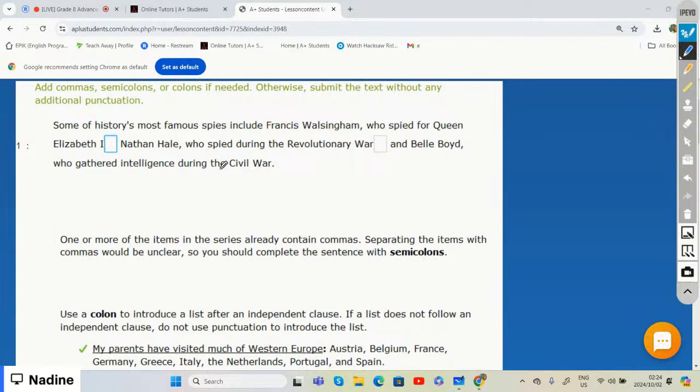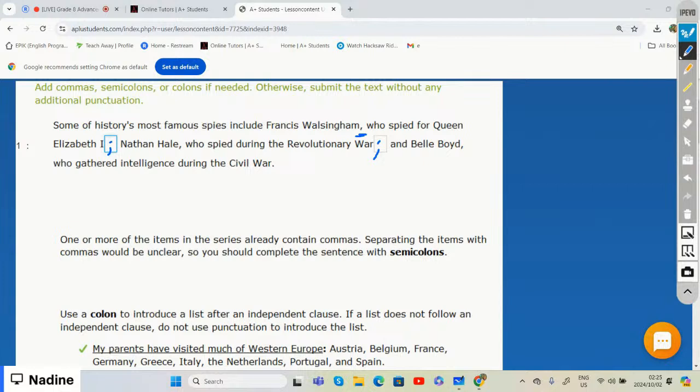And if we look at that specific sentence, right, then we are going to add semicolons. And the reason why we're going to add semicolons is because if we look at, for example, here, it says some of the history's most famous spies, including Francis Walsingham, they already have a comma. What did Francis do? He spied for Queen Elizabeth the First. Then we have Nathan Hale, the one who spied during the Revolutionary War. And then we have Bell Boyd, the one who gathered intelligence during the Civil War,